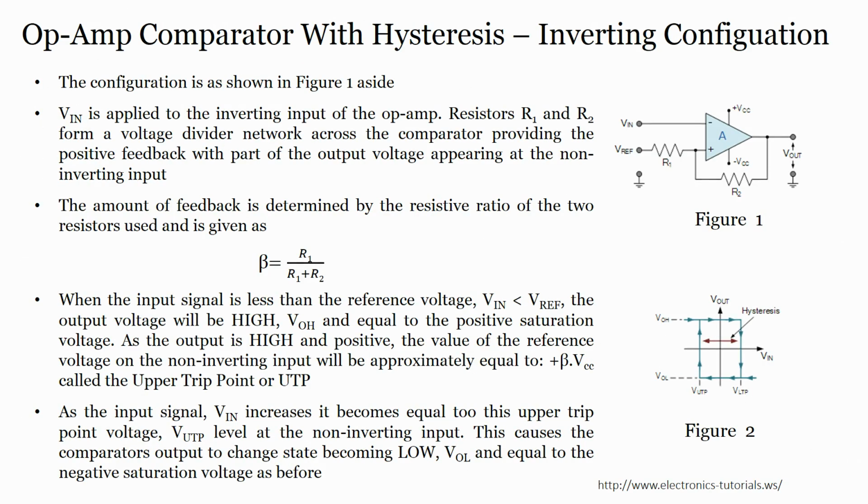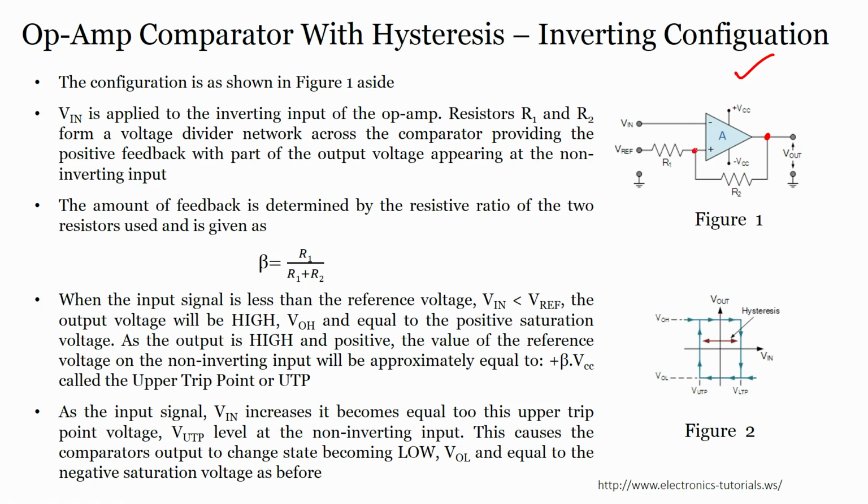Now, let us see the functionality of the operational amplifier in its inverting configuration. So, in the inverting configuration we will use the op amp, and we will see how the hysteresis can be generated. Okay. So, we can see this configuration, right. V in is an input signal, V reference is a reference voltage. The signal that is given is R2 by R1 plus R2 times V out. If R1 and R2 are the same, it will be half of V out.